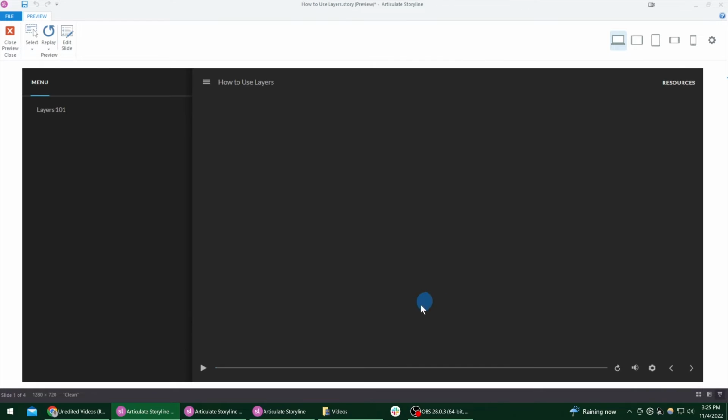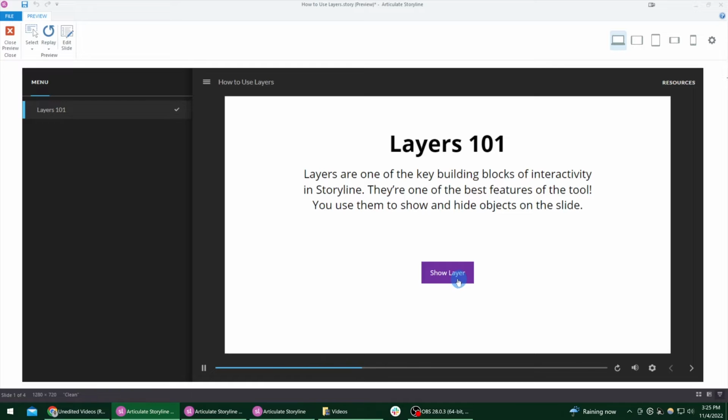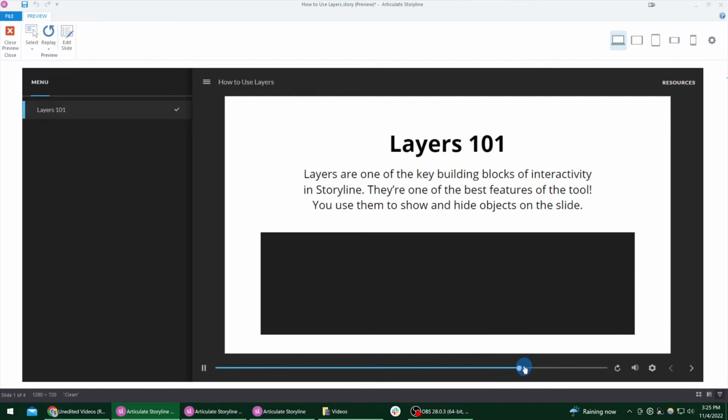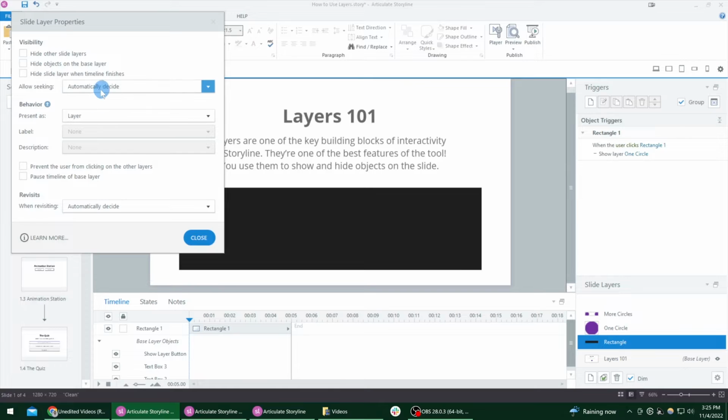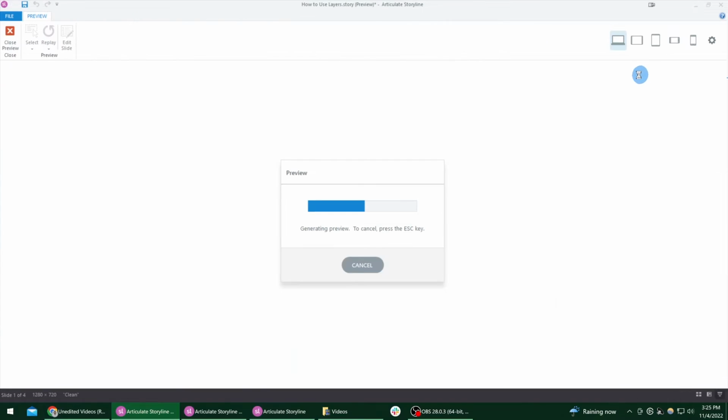If you go to a layer, it's still going to be showing the seek bar for the base layer. Watch, show layer. That's still the seek bar for the base layer. It doesn't actually apply to this one. But what you could do is go into these layer properties, set allow seeking to yes,